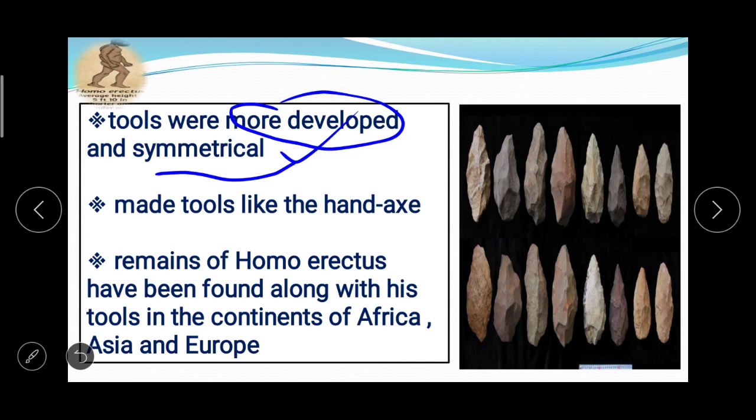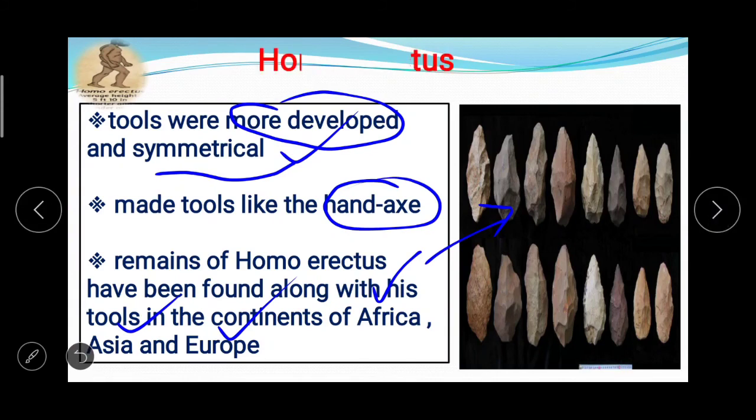Homo erectus made tools like the hand axe, and remains of Homo erectus have been found along with his tools in the continents of Africa, Asia and Europe. यूरोप में भी मिले, अफ्रीका में भी और एशिया में भी उनके जो रिमेन्स मिले, उसके साथ साथ उनके बनाए हुए टूल्स जो है वो भी मिले. So, basic things about the skilled human, Homo erectus, and now we'll talk about,